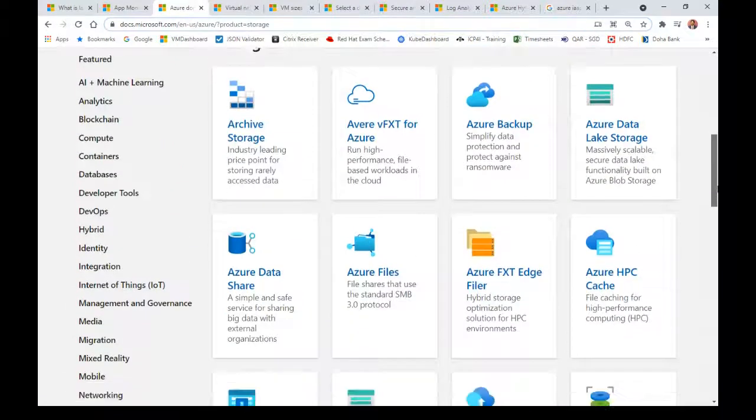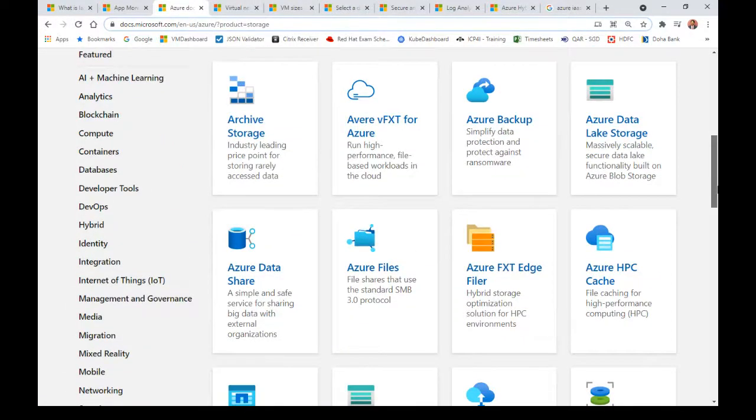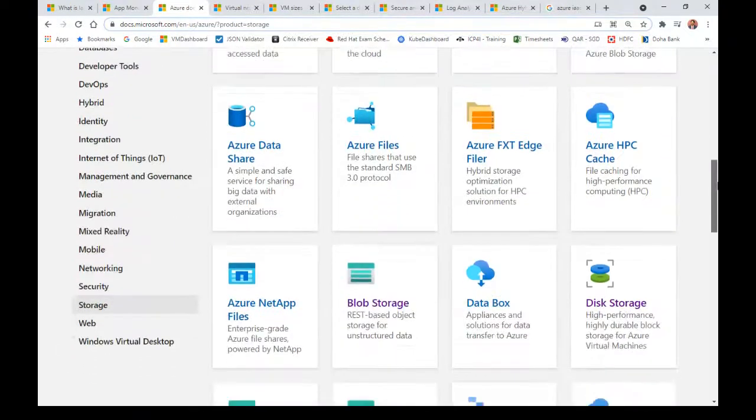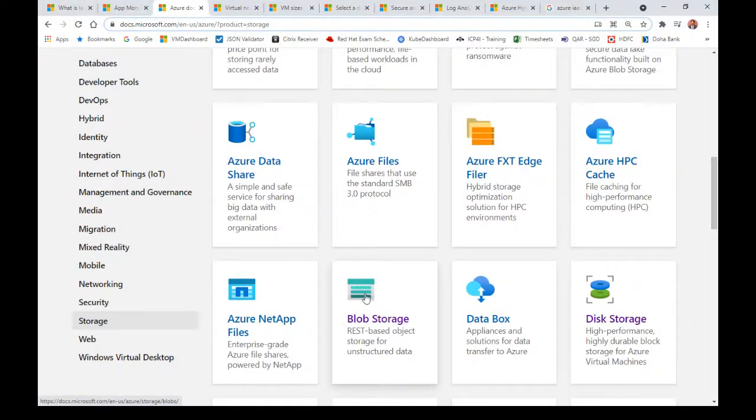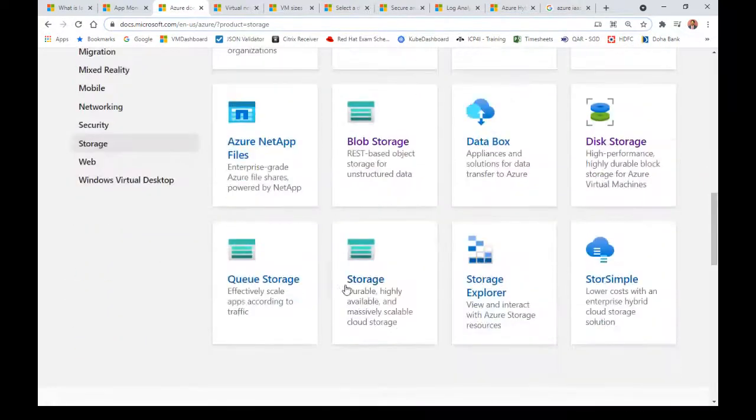When it comes to storage, these are the wide varieties of options available when you want to deploy storage in Azure. If you want a data lake storage, you can create the Azure Storage as a data lake store. Data lake storage is available, and then there is the common blob storage and Azure Files. You can create Azure Files and then mount it inside the VM. When it comes to